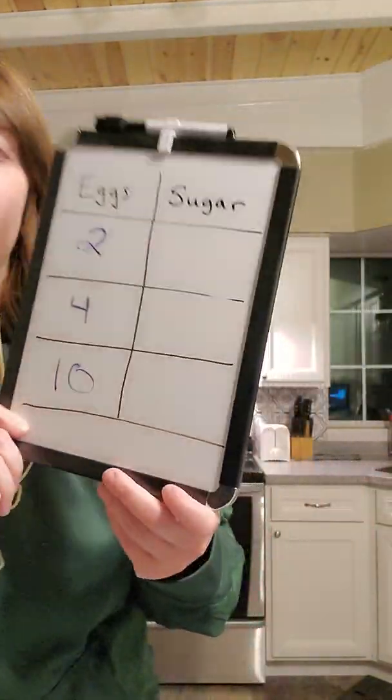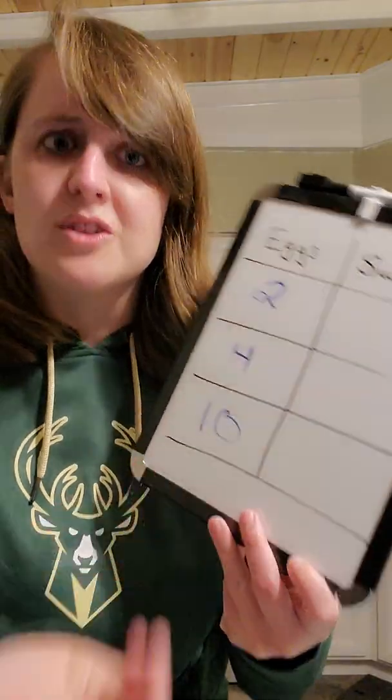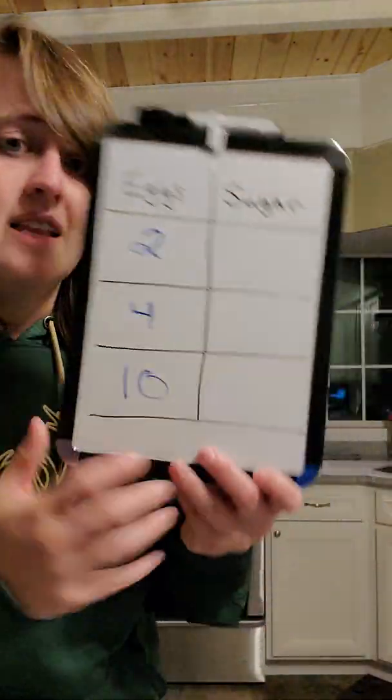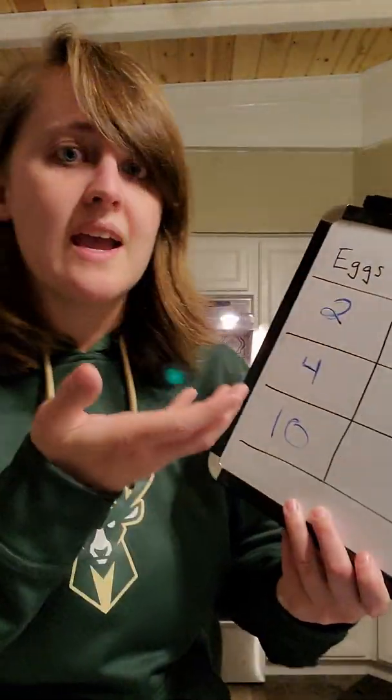If they only give us the egg piece of the ratio, we have no comparison to figure out how much sugar we need. In this table, there's no way for us to figure out what the sugar is. And the same would be said if they only gave us the sugar side. So if on the sugar side, if I make up some numbers right now,